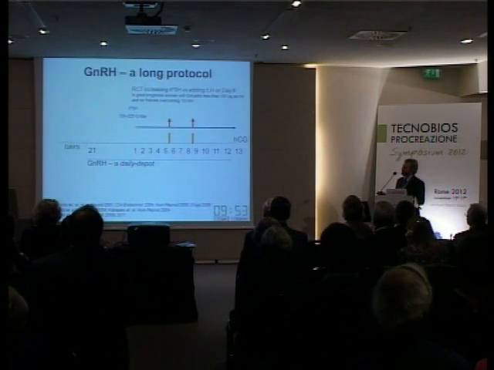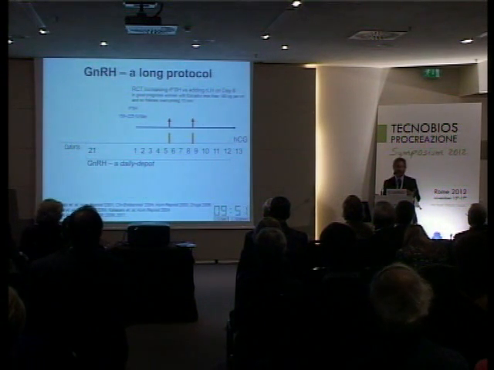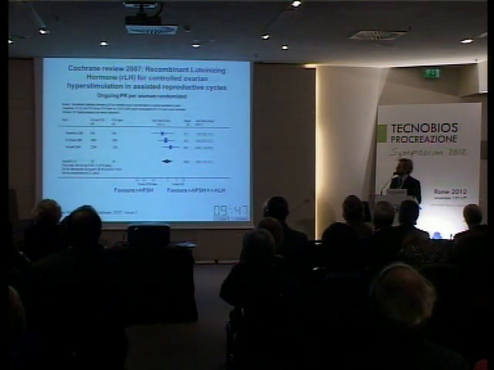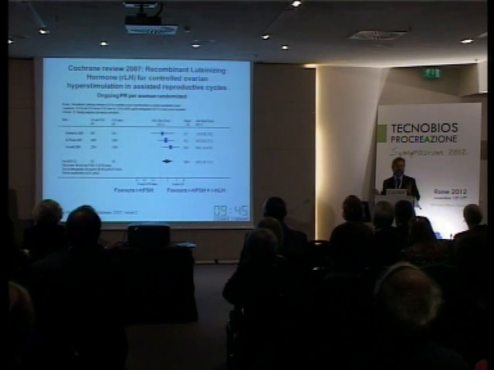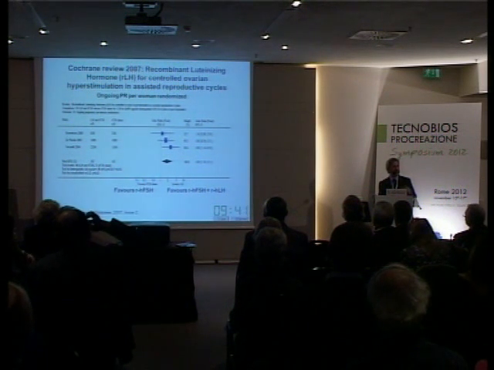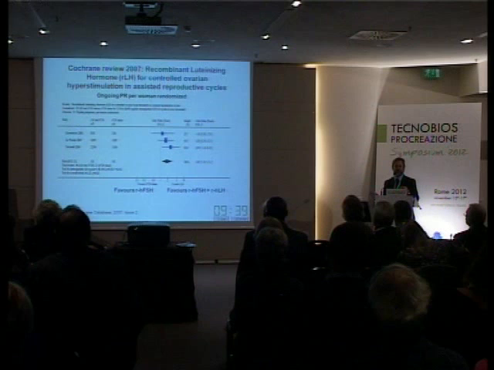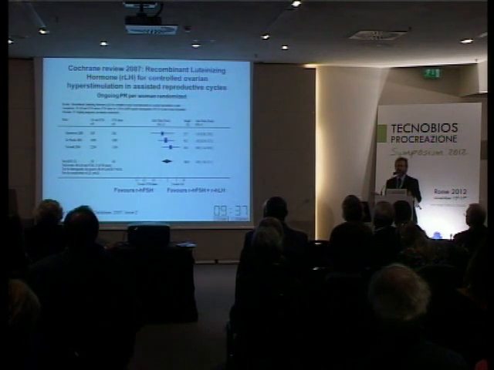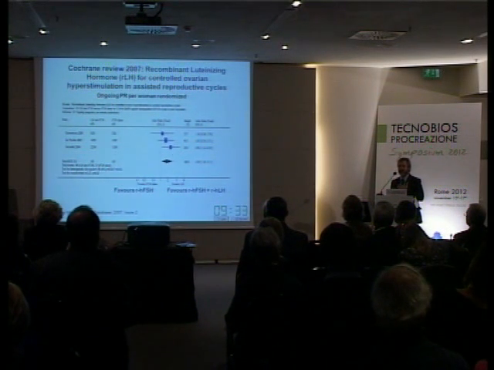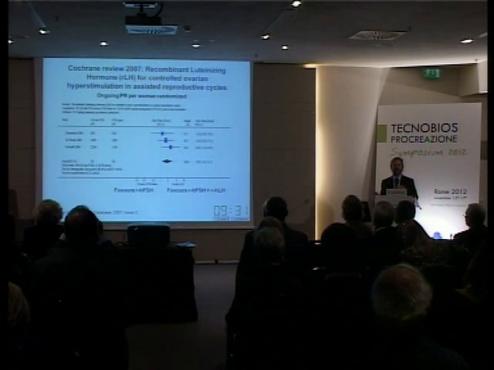And this is what we demonstrated in some studies in the past with Anna Pia Ferraretti and others: in this kind of patient, if you add LH during stimulation, you can increase the implantation rate and the pregnancy rate. So this is a crucial point for me, because I have never said that recombinant LH increases the